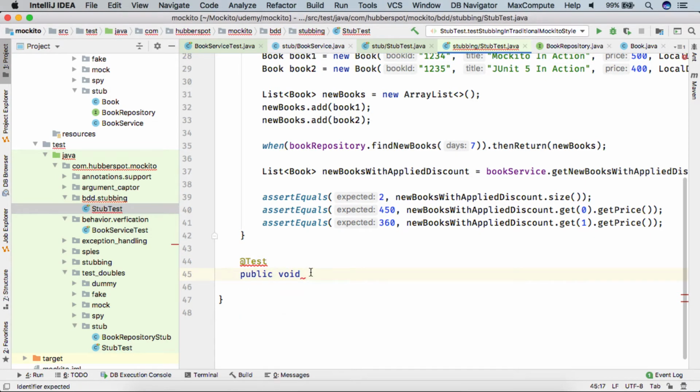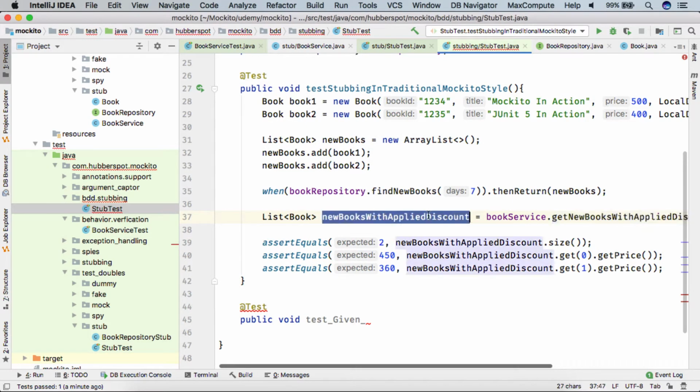When we write our test in BDD style, we generally also give the name to our test in given when then style, though there are various other ways to give the name. One of the ways is we name it something like test, then comes our given part.